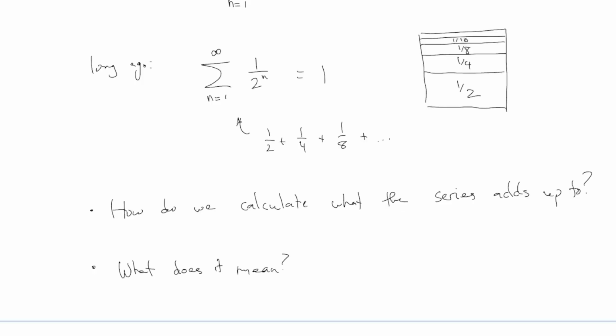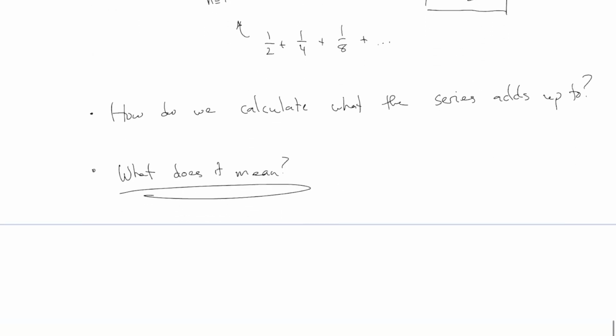What does it even mean to add together infinitely many things? When you talk to your friends at lunch about what you talked about in your math class this morning, try that for a little April Fool's prank. We talked about adding together infinitely many things. Their reaction is likely to be, that's stupid, or what are you even talking about? What does it mean to add together infinitely many things? So that's the question that I would like to focus on, at least at first. And how can you say what the answer is? How can you even make sense of it at all?